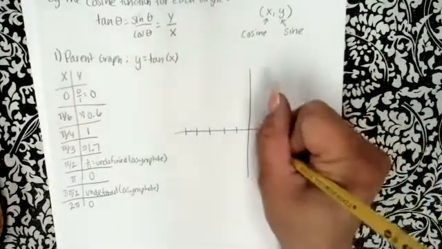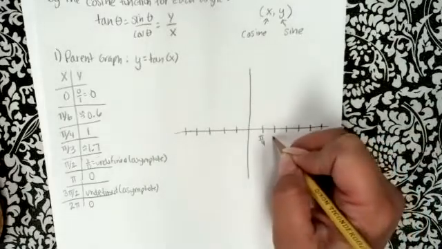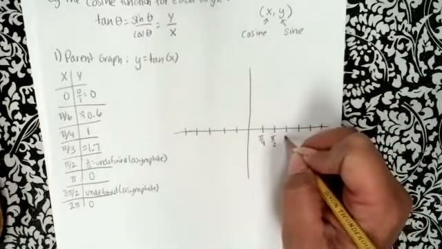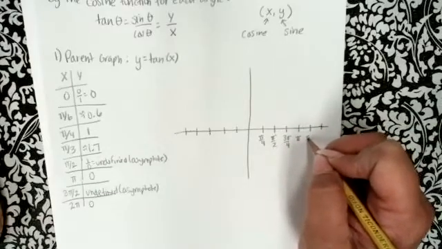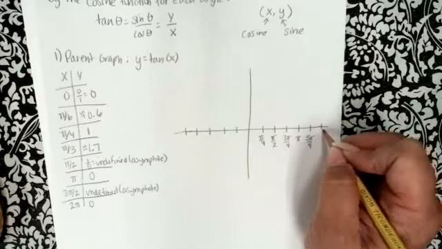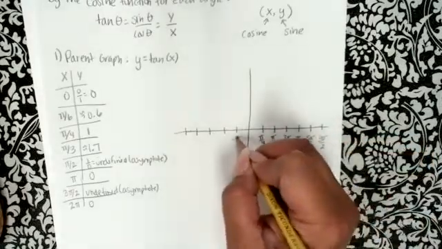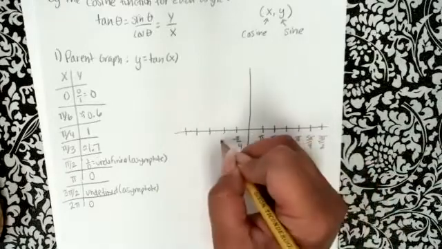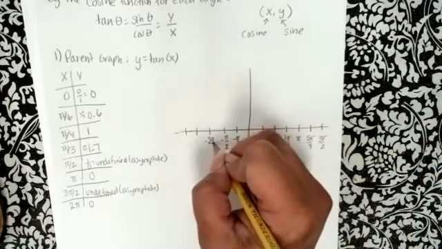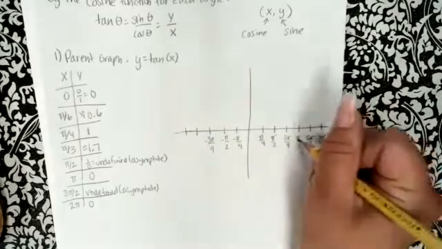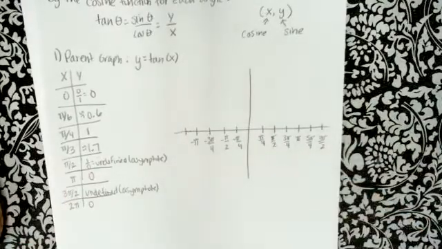I'm going to go by pi over 4. 1 pi over 4. 2 pi over 4 reduces. 3 pi over 4. 4 pi over 4 reduces. 5 pi over 4. 6 pi over 4 reduces. And this is just the negative. So that's negative pi over 4, negative pi over 2, negative 3 pi over 4, and then this is negative pi right here. So we have asymptotes at